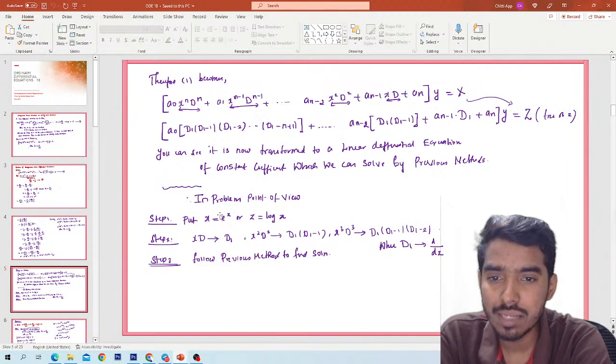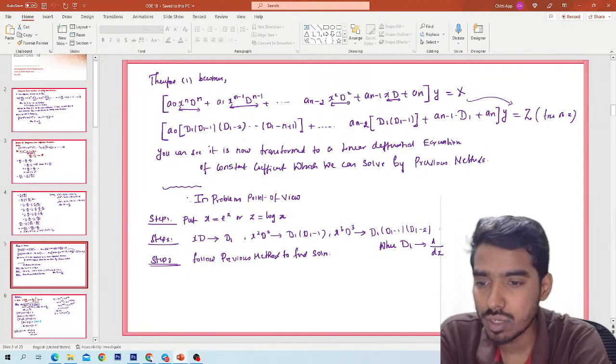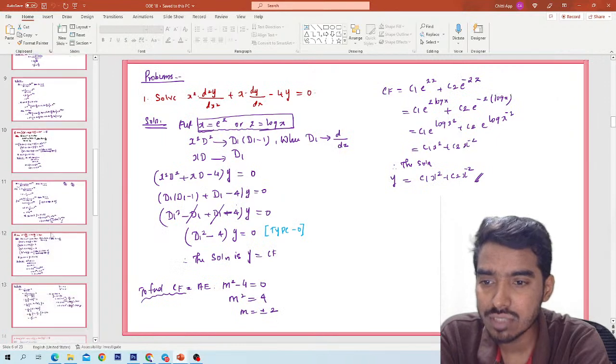We have to replace x^2 d^2 by D1(D1 minus 1), x d by D1, and so on. In the previous class, we solved almost